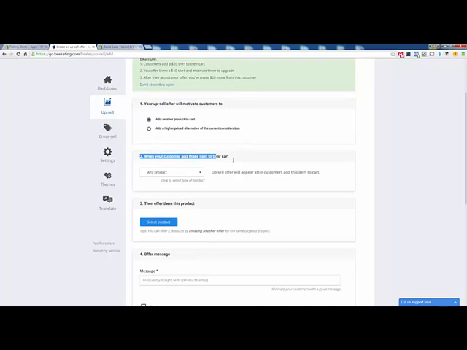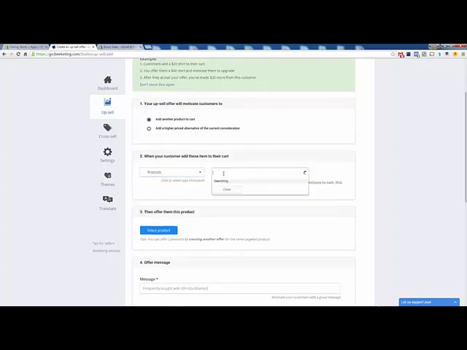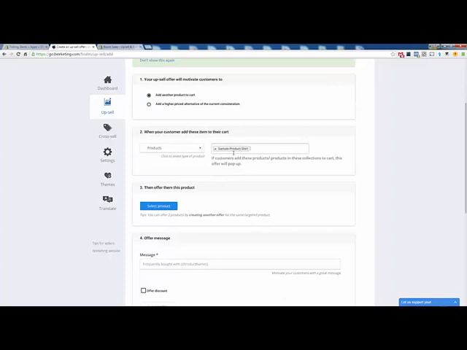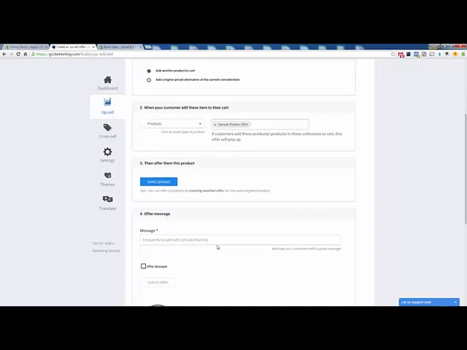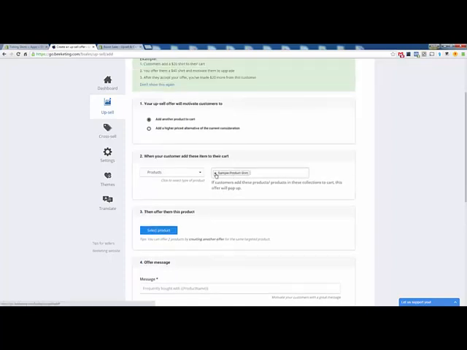Moving down to number 2, this is the trigger. You could trigger off a specific product, where you would just search for any product. Let's say this sample product. If anyone adds this product to cart, this offer that we're about to build is going to get shown. If you have 1,000 products in your catalog, it would take forever to do that. So I recommend going with